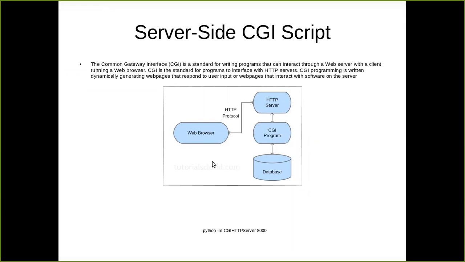So if you're giving some request in a browser, it will be translated. It will transmit the translated request to that HTTP server. So the HTTP server is nothing but your machine. In that machine, there is a small piece of program that is called a CGI program. It's going to create an interface between your server request and the database.